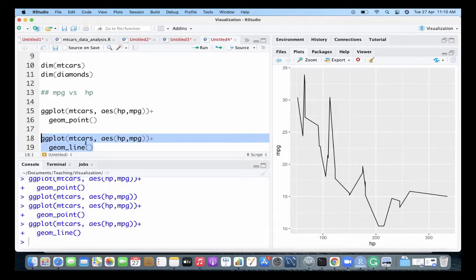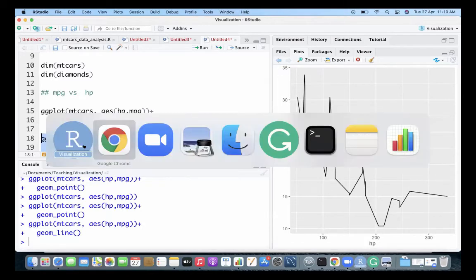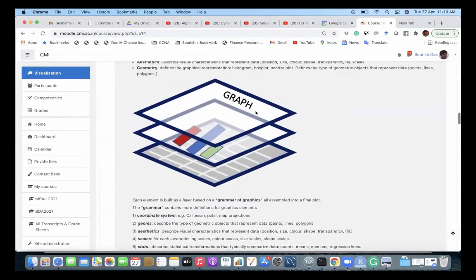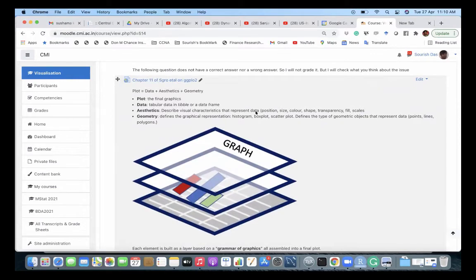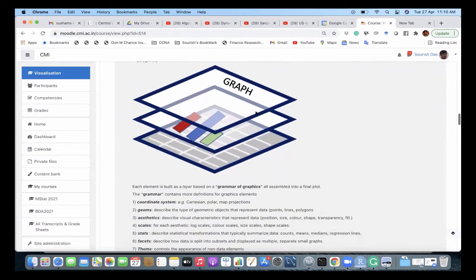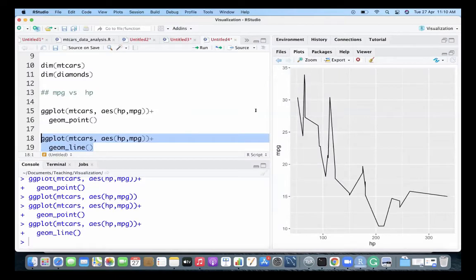But is it correct from the point of view of being grammatically correct? The answer is yes. In terms of grammar of graphics, it's perfectly fine. Grammar of graphics has no problem drawing this graph, because it satisfies all conditions, and it rendered the graph.